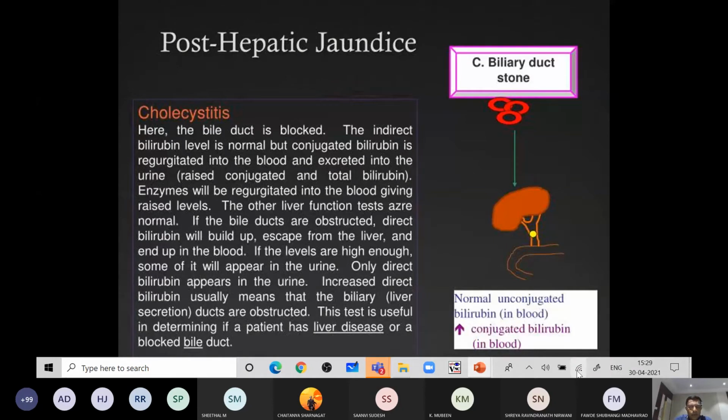is that the ratio between the bile salt and cholesterol is altered. Then the cholesterol is precipitated and cholesterol stones form, which block the flow of the bile. The indirect bilirubin level is normal, but conjugated bilirubin is regurgitated into the blood and excreted into the urine. Conjugated and total bilirubin both rise, and enzymes will be regurgitated into the blood, giving a raised level. The other liver function tests